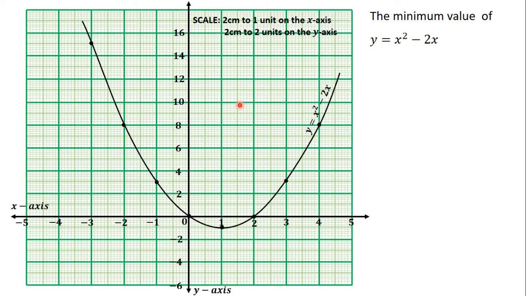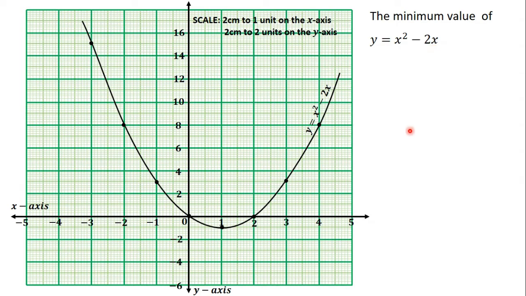As we learned in the previous video, when the curve has a u-shape, the function will have a minimum value. So you see that here we are being asked to find the minimum value. The question could have said we should find the least value. So the minimum value or the least value is the same thing. Okay, we are going to use this graph to find the minimum value of y is equal to x squared